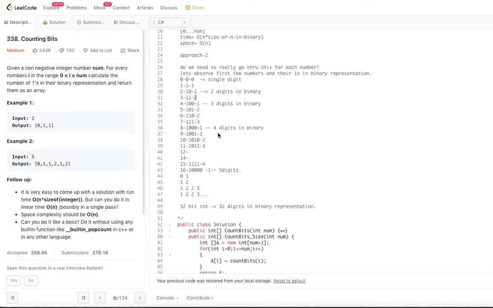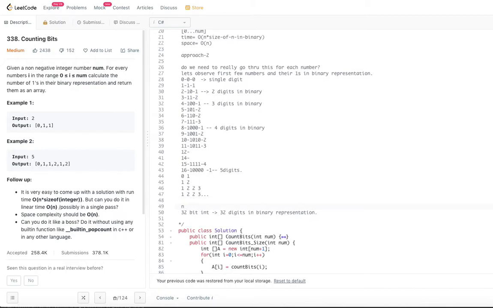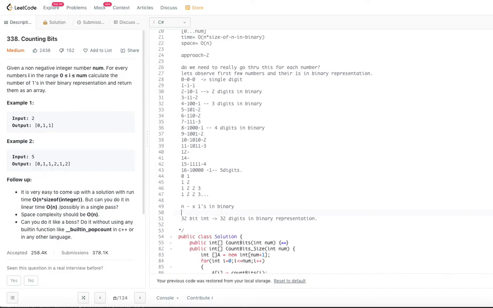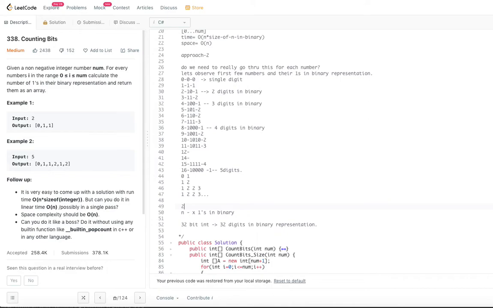If you have a number and you divide by 2, whatever number you get, for example n has x ones in binary, then 2n will also have the same x number of ones in binary.